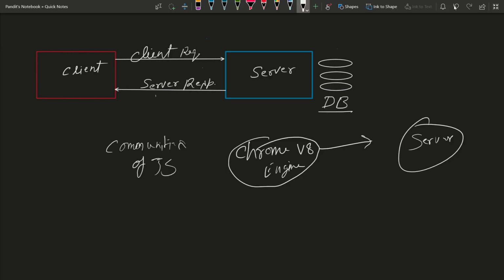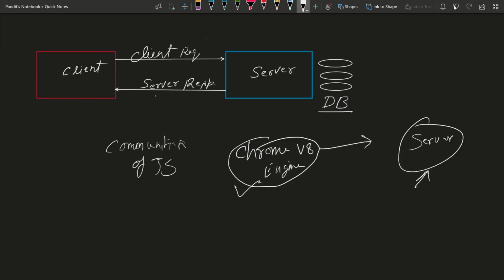So now what happened is that we are able to connect our APIs to the database and all those things, like fetching the data and responding with the data. All these things are now possible because of placing this Chrome V8 engine on the server side.